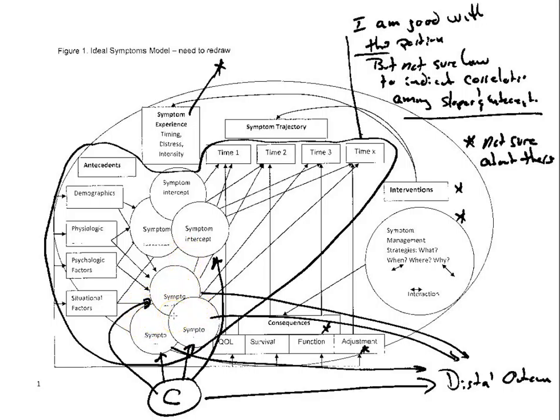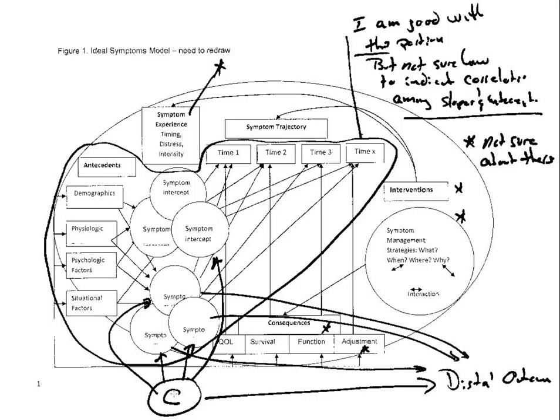You could think that you have people who start very high with symptoms, so their intercepts are high, and they maintain, that is, their slopes are flat. Or you may have groups of people who have high symptoms to begin with, but they show negative slopes, that is, they get better quickly. You can think about all kinds of permutations. Those would be captured into a cluster membership, and that cluster membership would have a profile. So it's a latent profile analysis built on top of here. So we have categories of individuals.